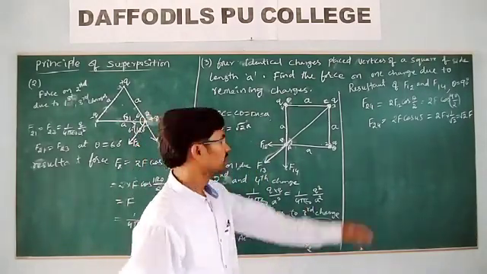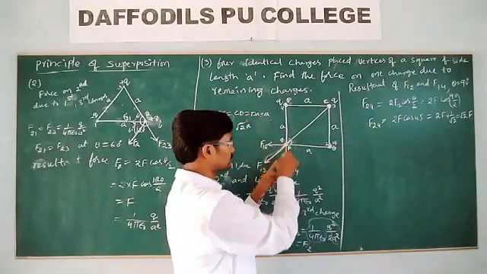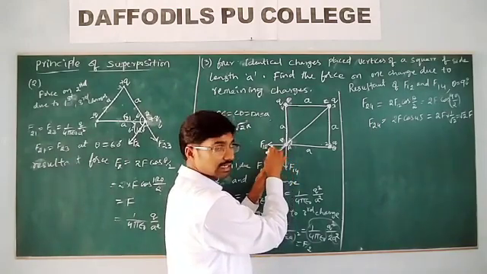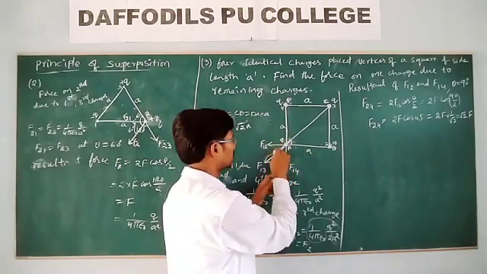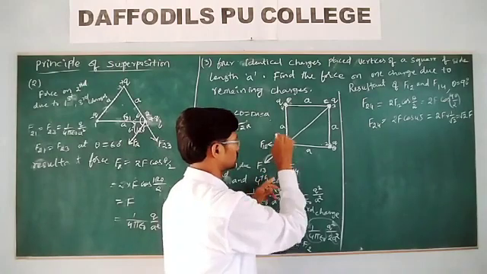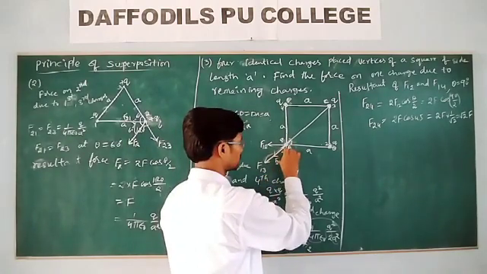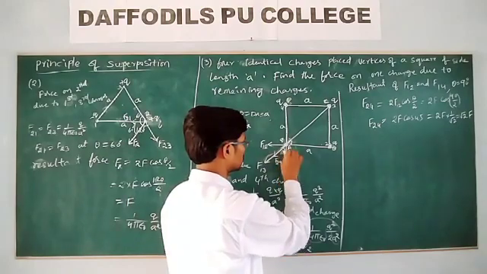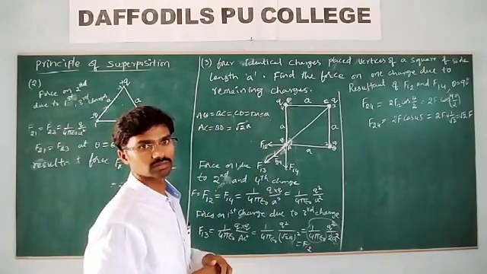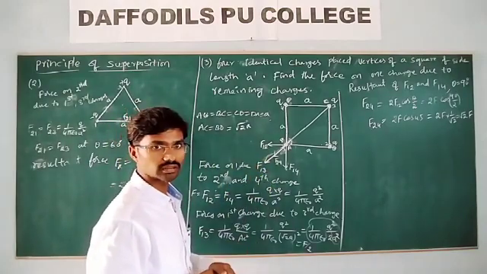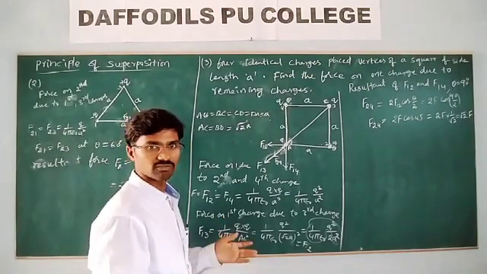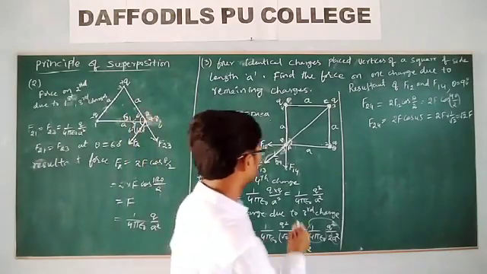Now F24 is the resultant of this one and this one. Both are identical forces. Then what will be the direction of the resultant? Exactly between these two forces. Because it is 45 degrees, the resultant is along the first charge, second charge and fourth charge. Then F24 and F13 are along the same direction. Then what is the resultant force? They will be added, both are in the same direction, which means theta is equal to 0.